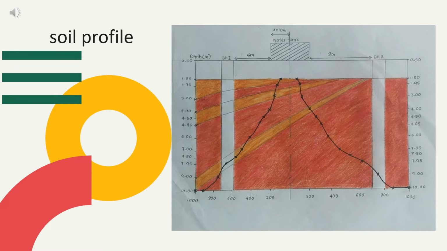The first soil profile is due to the total stress. The radius of the water tank is 10 meters. The distance between the water tank and borehole 1 is 6 meters, and the distance between the water tank and borehole 2 is 8 meters. So from the soil profile,